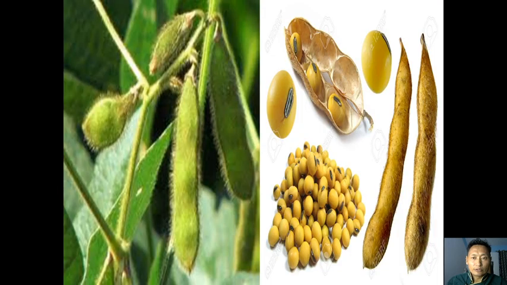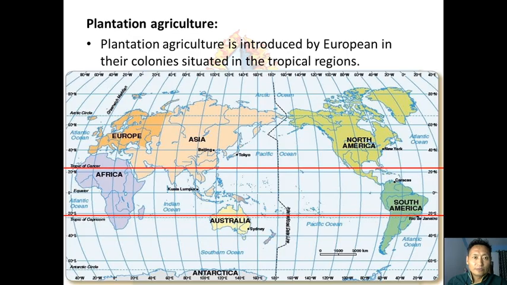So these are the types of crops that they are cultivating. So the next type of agriculture is plantation agriculture. Plantation agriculture is a commercial type of land-based agriculture. It was introduced by European Indian colonies situated in